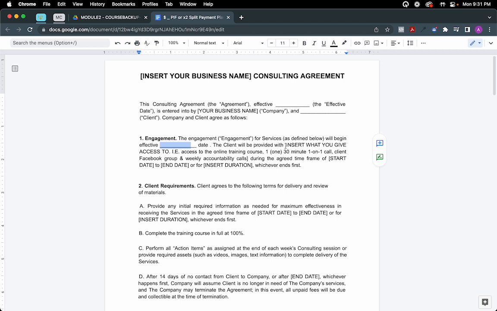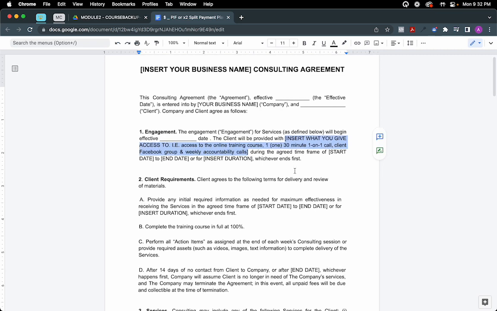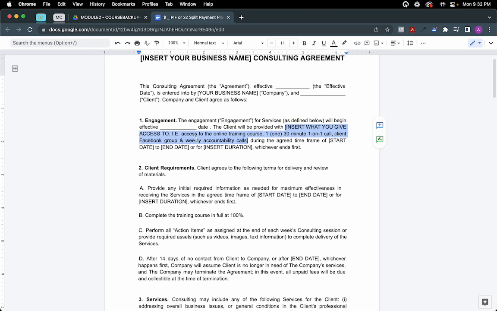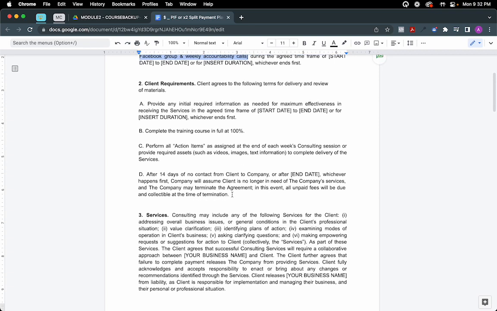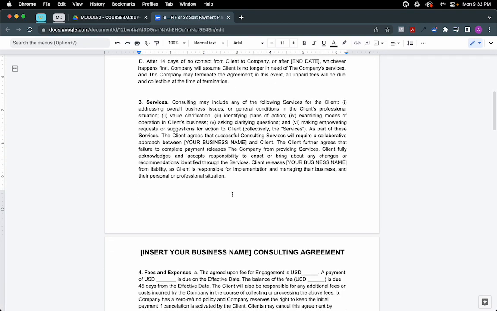You need to make sure that, again, you see these brackets, you must add specifically what the client or whoever it is that you're servicing explicitly in black and white, what are they receiving, and so forth. Not to forget start and end date if there is a specified duration of time, and this phrase with these words, whichever ends first. And then if there are any stipulations on behalf of the client, whatever that looks like, please update and modify those things that are relevant for you specifically in the way that you deliver your services